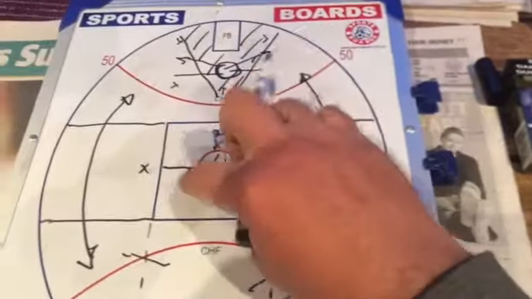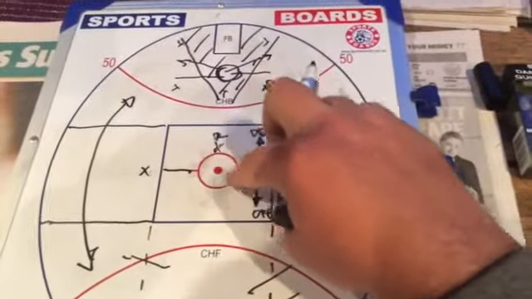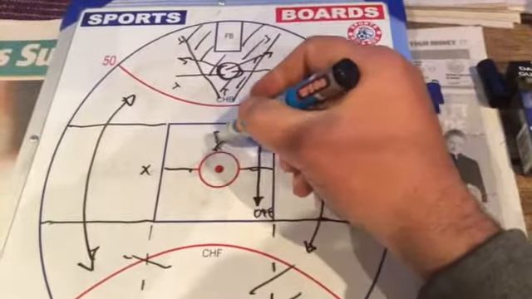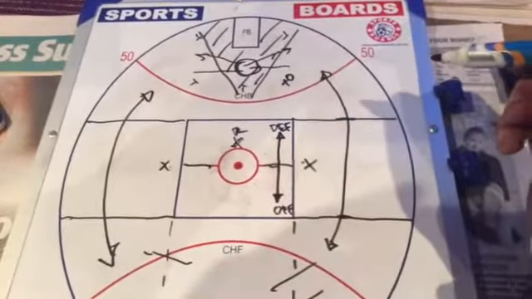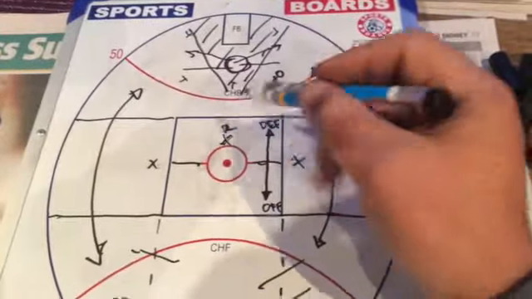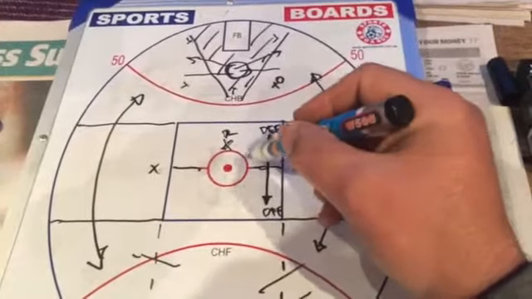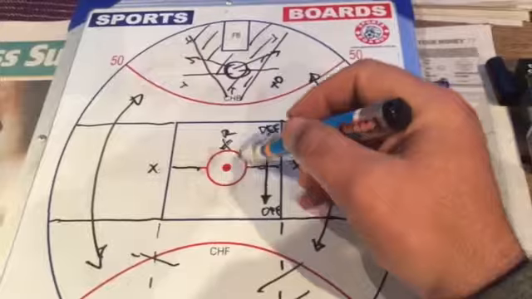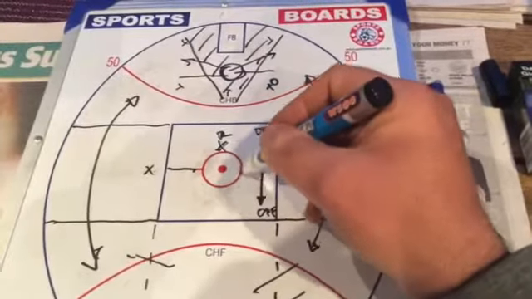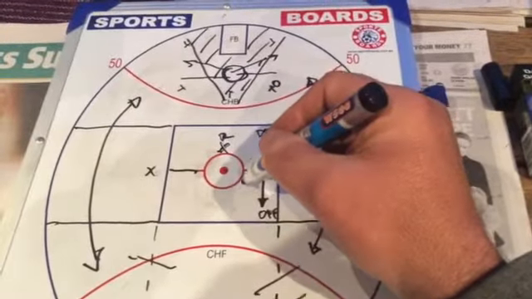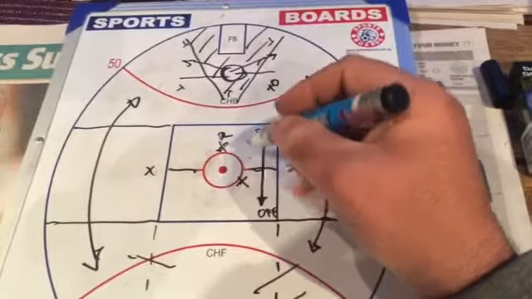The most important part of this, before we bounce the ball, is the ruckman has to tell where he wants them to be. It can't be a surprise. It can't be just hit and hope. If it's only to one player, if the ruckman's saying that he wants to hit to this guy out here,